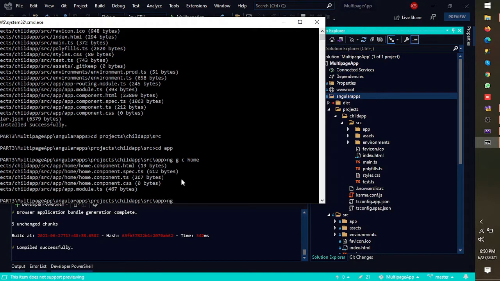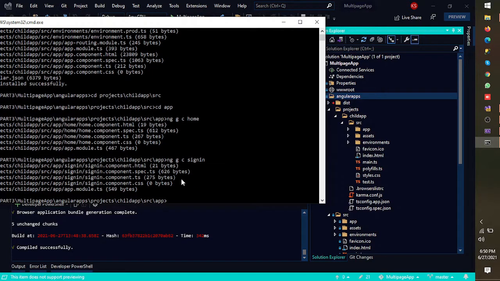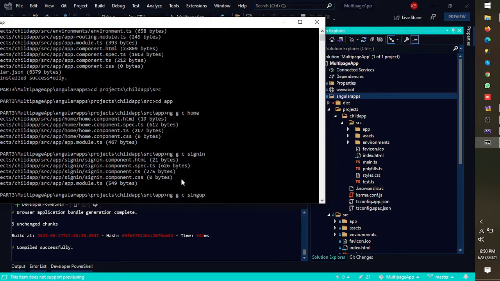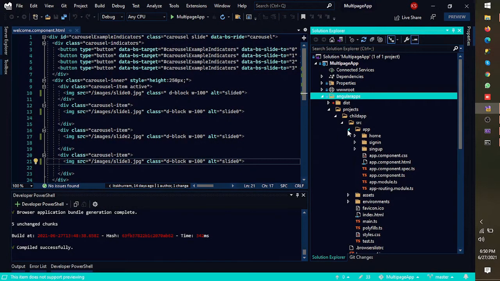Second, I would need ng g component sign-in. Thirdly, I would need ng g component sign-up. Okay, we have generated all of our components: home, sign in, and sign up.